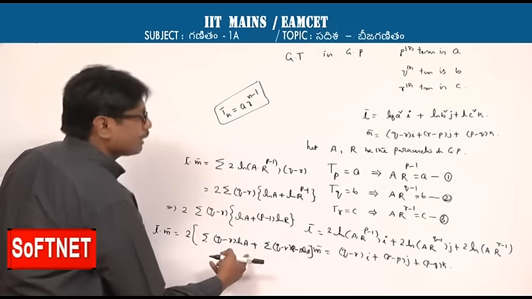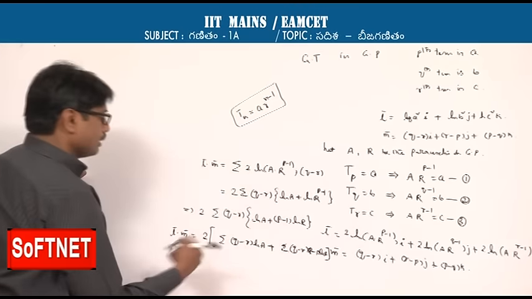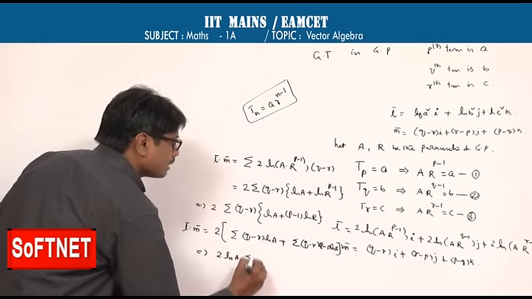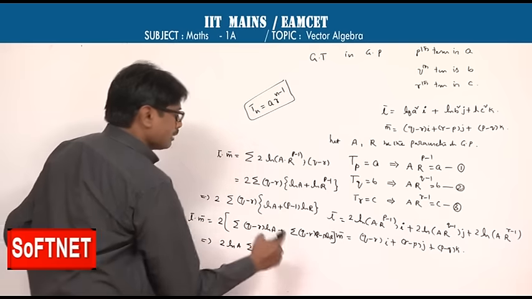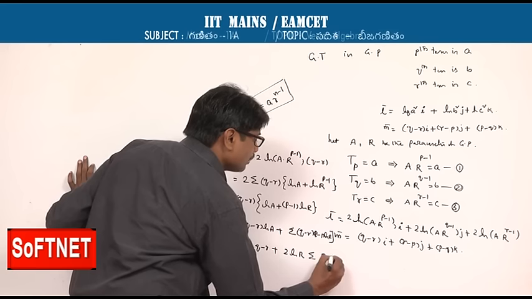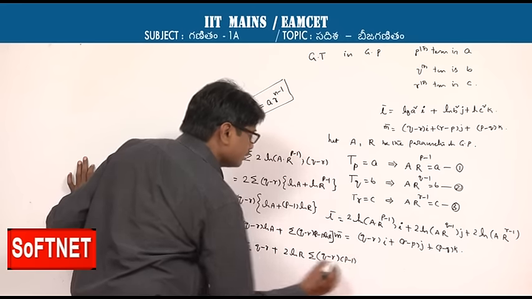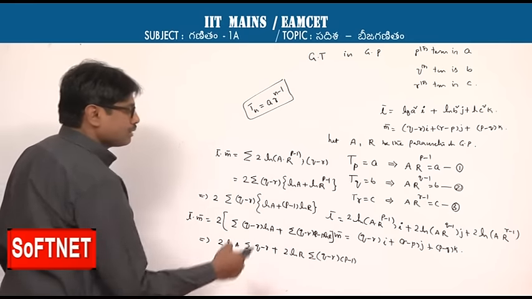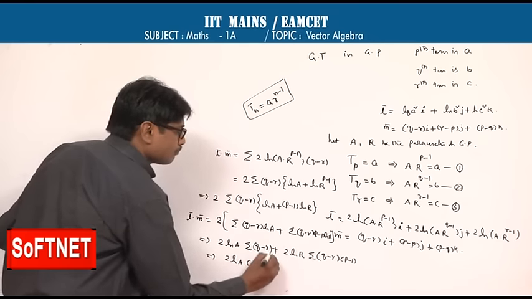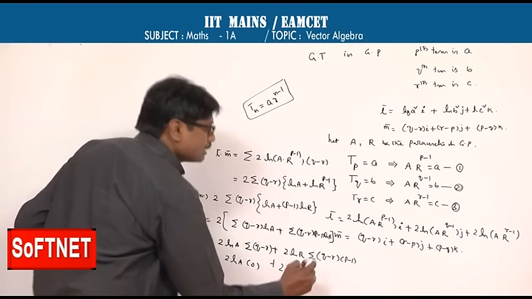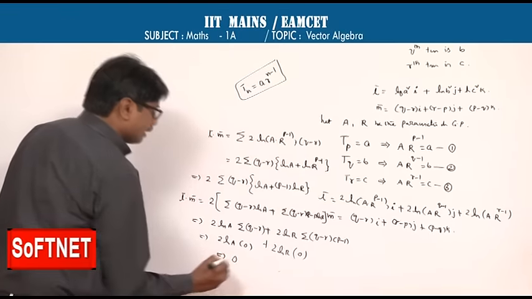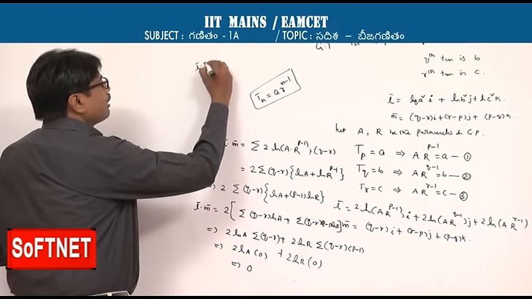Log r log a రెండు కూడా కాన్స్టెంట్ ఇండిపెండెంట్ ఆఫ్ ది సిగ్మా నోటేషన్ కనుక it further can be written as 2 into log a times of sigma q minus r plus 2 into log r times of sigma q minus r into p minus 1. Sigma expand చేయండి మా on expansion of sigma it is 2 times of log a into 0 sigma of q minus r అలాగే 2 log r into sigma q minus r into p minus 1 that is also 0 which is equal to 0 అంటే అర్థం ఏంటి L bar dot m bar is equal to 0